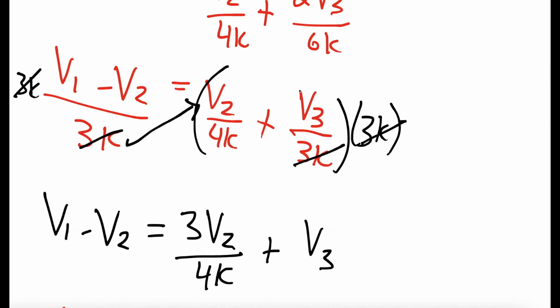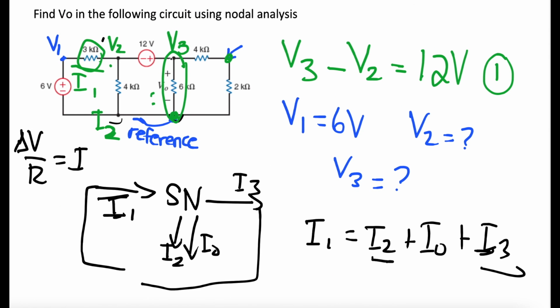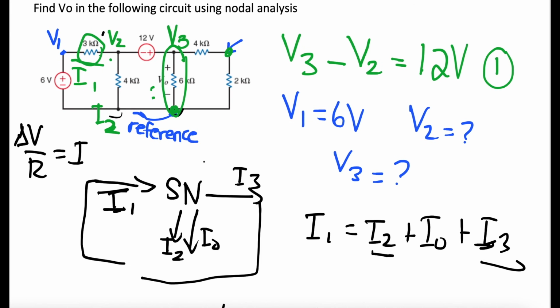And we can also know that V3 is equal to VO, which is essentially 9.81 volts. And we know that VO is equal to V3 once again because V3 is connected to the reference node, so the plus side of VO is equal to the plus of V3, right? So V3 is essentially equal to VO, so that is our final answer, that VO is equal to 9.81 volts. And this is how we did it using nodal analysis and supernode theorem, right?